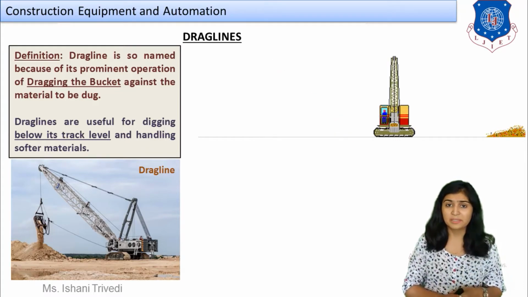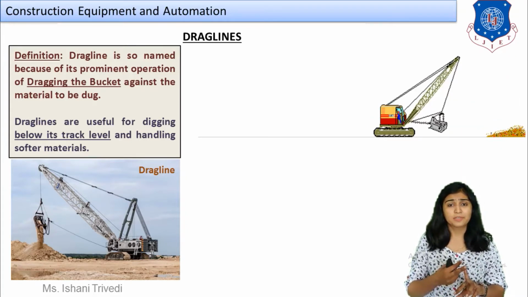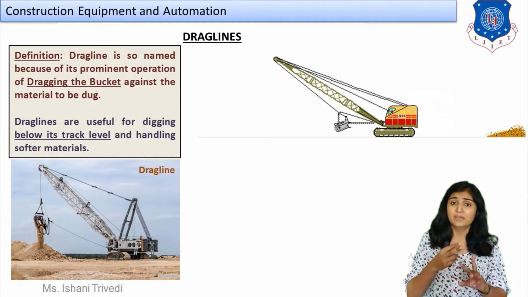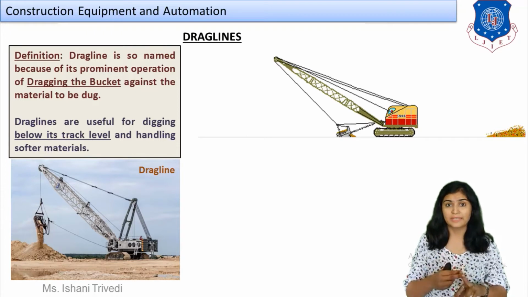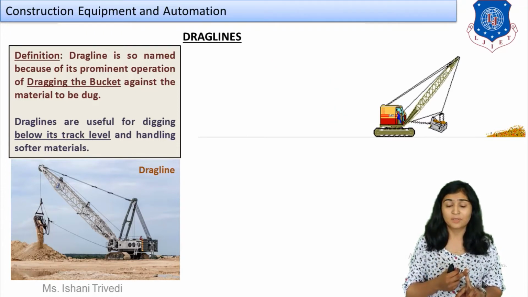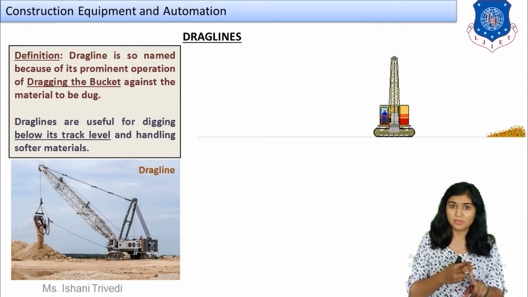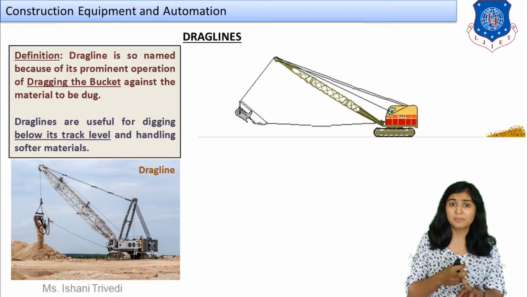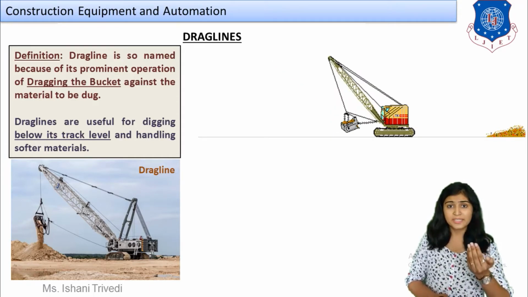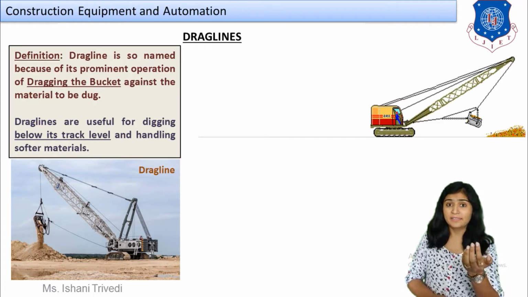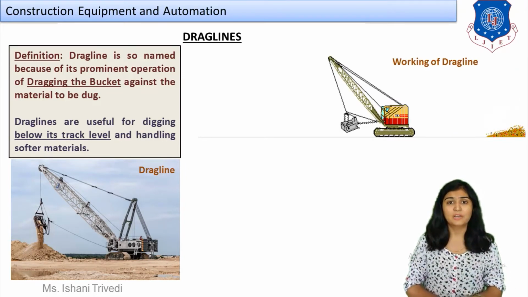Some factors will be similar in all types. So here a skilled operator will be present, and in the power shovel we had a boom stick and arm. Here, instead of a boom stick, we have a boom crane. Can you see a crane is attached to the crawler mounted cabin? Yes. So the major difference is, first, a crane is mounted as a boom, and second, the bucket excavates in such a way that it is dragged into the soil and digs the soil in the opposite direction, coming towards you, towards your operating cabin, right? So this is how a drag line works.